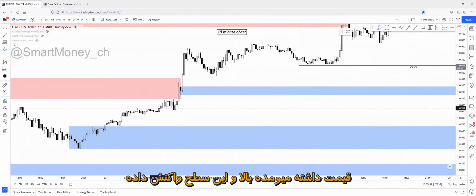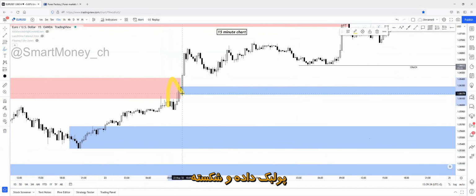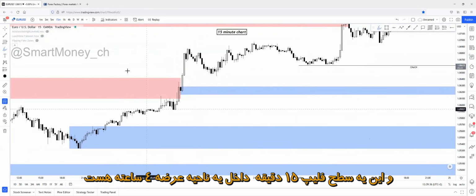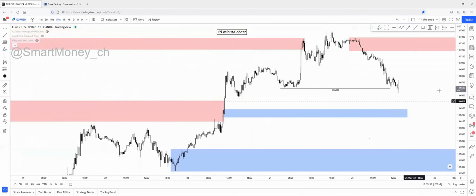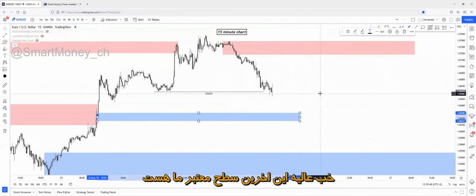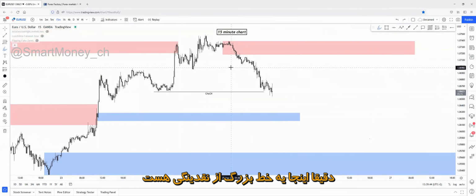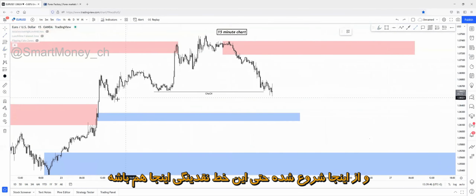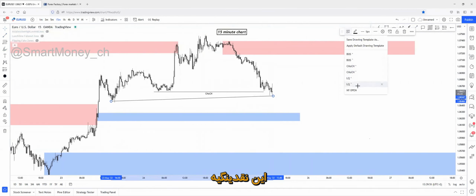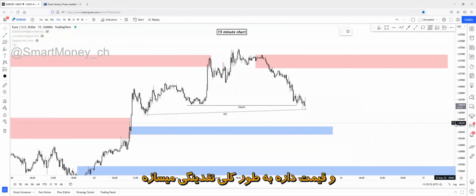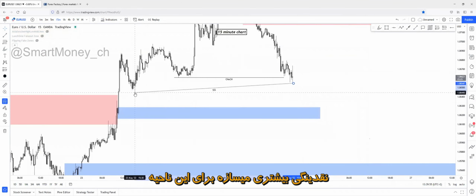So price was coming up, reacting on this zone, pullback, breakthrough. This is a 15-minute flip zone of the 4-hour supply zone. Perfect. This is our less recent valuable zone for us because it has created huge inversions to the upside, as you can see right here. It has a huge liquidity line above it, starting from here or even right here. This is liquidity. And price is basically creating more liquidity for this zone.